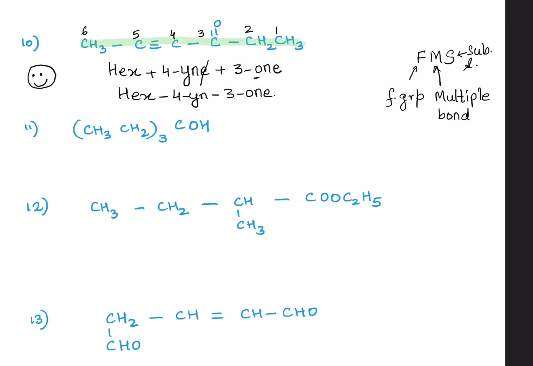Also, let me remind you, this FMS, in my previous videos on IUPAC nomenclature, I had written as FDTS. So supposing there is a conflict between double bond and triple bond, if there is a possibility of giving the same number to both of them, then the double bond gets preference, which I have shortened as FMS: functional group, multiple bond and the substituent.